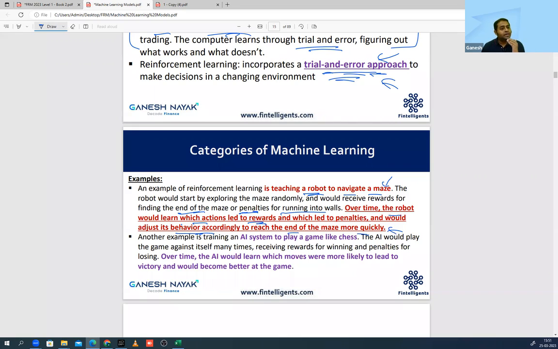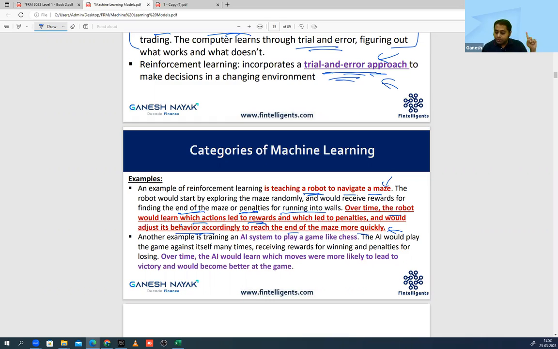And this is not only applicable with robots. Scientists have been doing it with rats. When they put a rat and put a cheese at the end point, 1 or 2 times he will take 10 seconds, 15 seconds. And gradually, if you keep on sending him again and again, his reaction time will come down to 1 second. He will immediately go to that area because he has learned from that experience. The same thing is happening with machines.